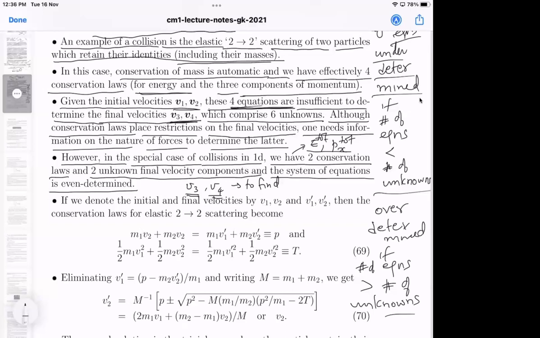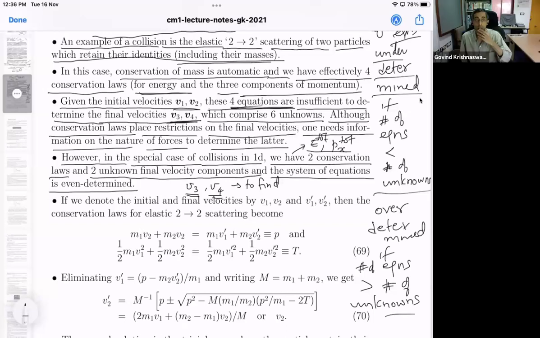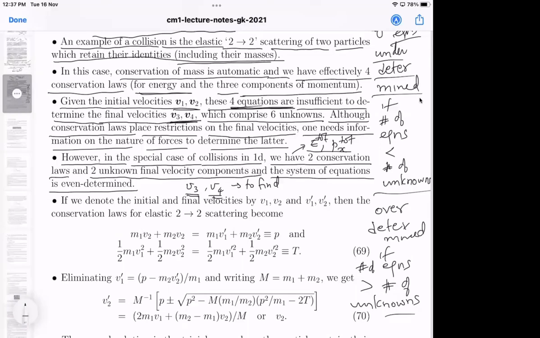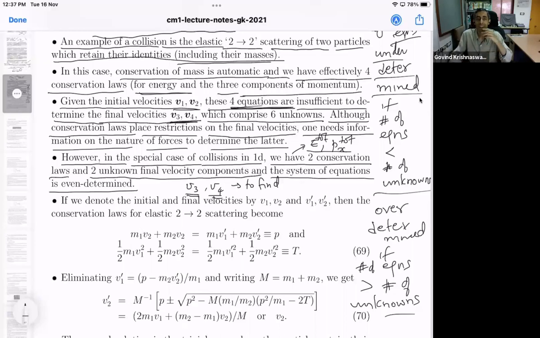Excuse me, sir. Yes. Sir, I had a doubt. If we consider this one-dimensional case, the number of unknowns is equal to the number of equations. And then if we go to 2 dimensions, we'll have one less equation than the number of unknowns. And then if we go to 3 dimensions, it will be 2. Sir, physically, why is this happening, how are these unknowns arising? It's because in higher dimensions, there is more space to move around. I'm just giving a very heuristic reason.